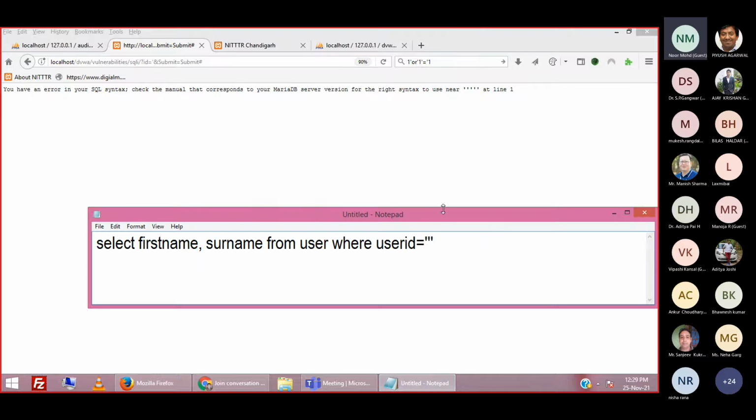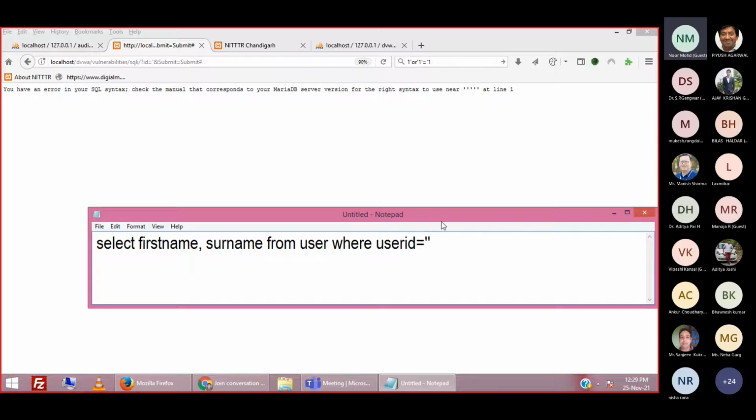It means the developer has not properly handled this type of exception. He has not properly handled this type of input, and as a result the website is accepting this single quote and sending it as a parameter to the SQL. To avoid this, the developer should have first checked the type of input the page is receiving.